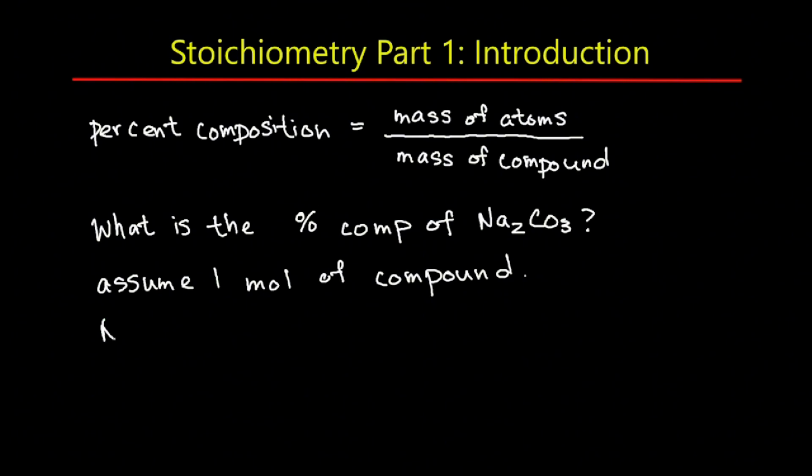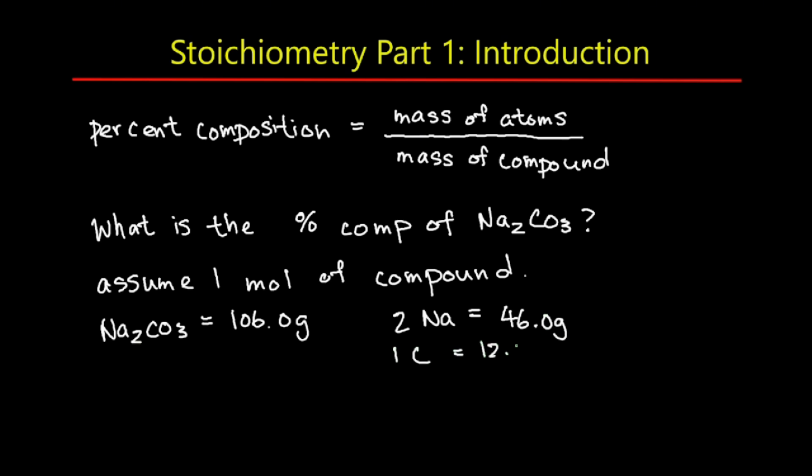1 mole of Na2CO3 should be 106.0 grams. And then 2 moles of Na should be 46.0 grams. The 1 mole of C would be 12.0 grams. And 3 moles of O gives us 48.0 grams. If we look at the percentage composition of Na, that would be 46.0 divided by 106.0, which is approximately